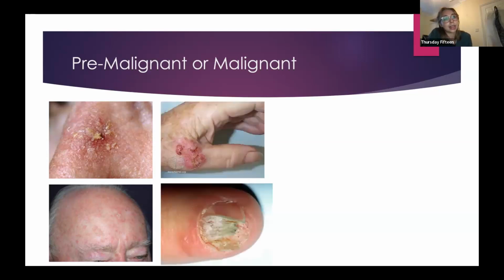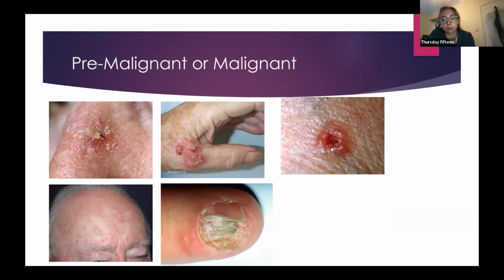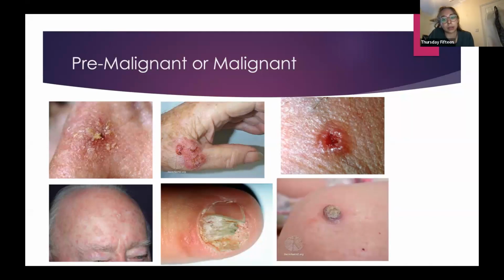Yeah. And then these two are the same thing as well. This is a bit harder. So those two are an example of a Bowen's disease. So that's an example of an intradermal squamous cell skin cancer or an early SCC, and they can happen to the nails and just form like an erythematous scaly plaque. And then this one, anyone know what that is? Basal cell, yeah, exactly. So the pearly edges, the rolled borders and the ulceration.